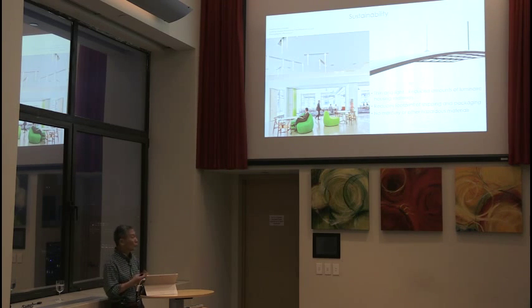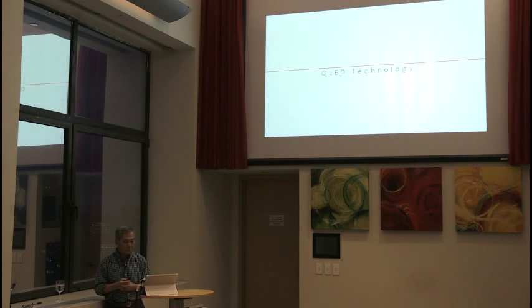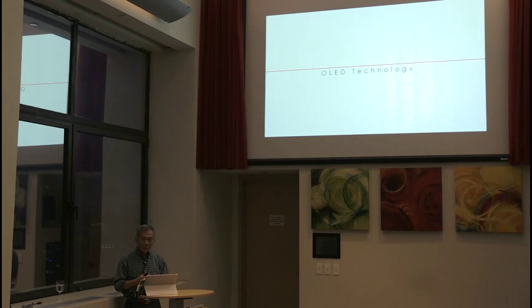And of course, it reduces the footprint of the packaging and the shipping. And it has no mercury in its composition. So again, it's very sustainable. Now, what we'd like to do is just to go into the technology of making OLED lighting, why make OLED